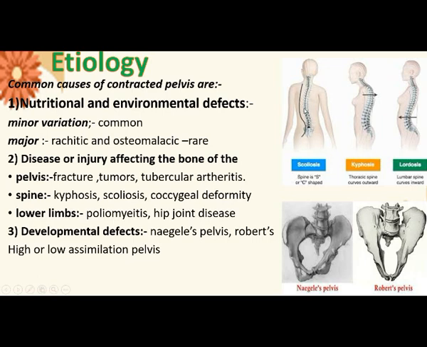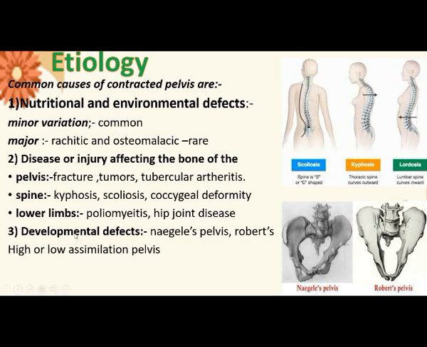This is scoliosis, which is twisting, and kyphoscoliosis deformity. Next are the lower limbs, such as poliomyelitis and hip joint disease. Next, the third is the developmental defects. First is Naegele's pelvis. Second is the